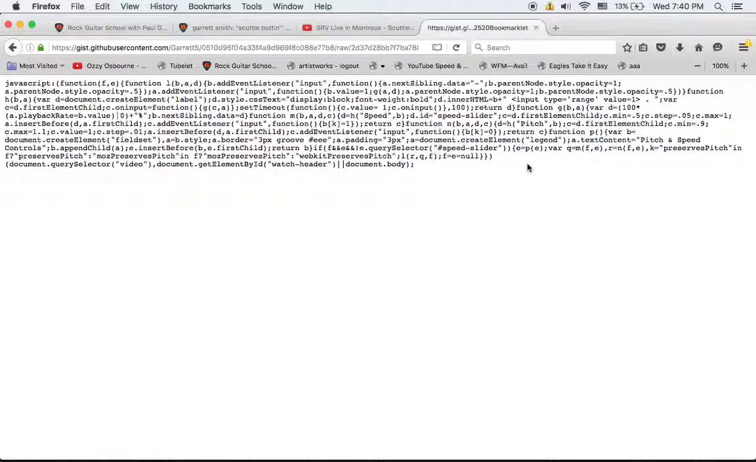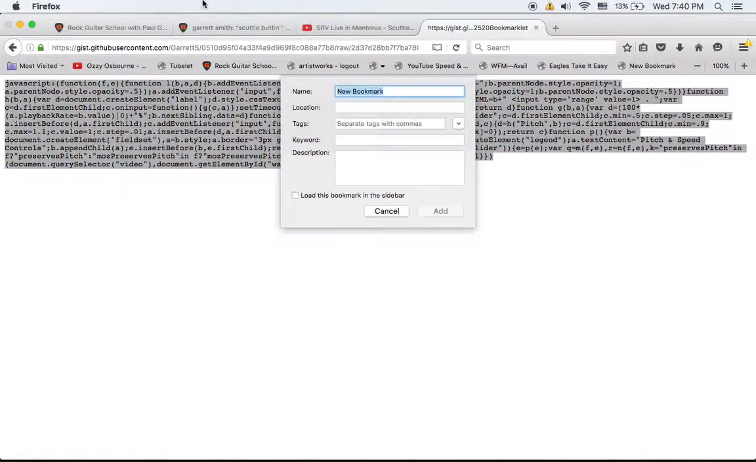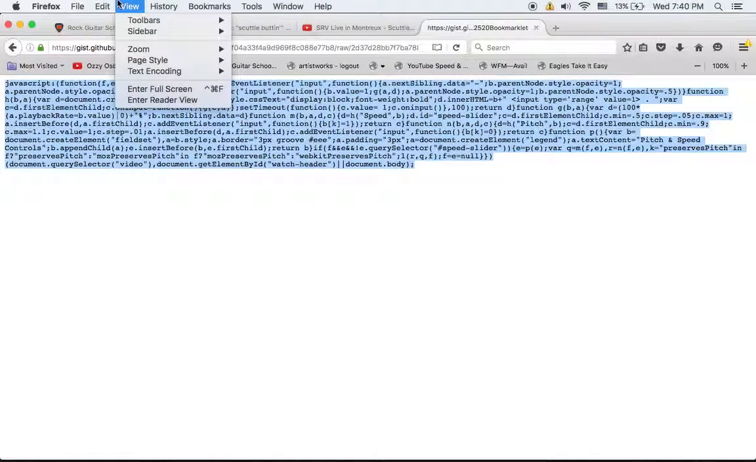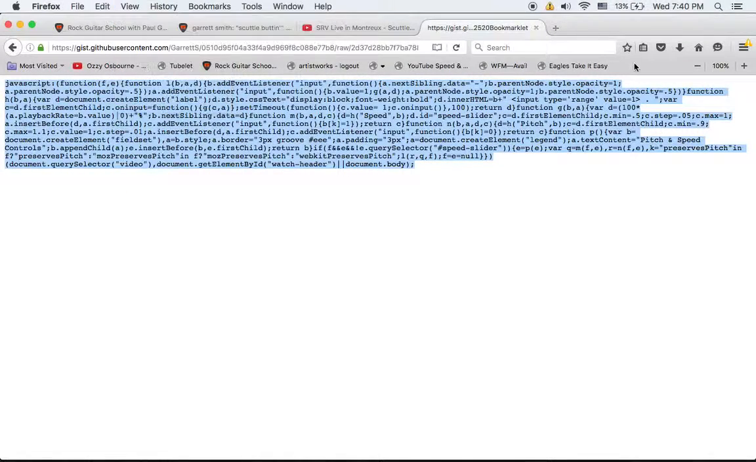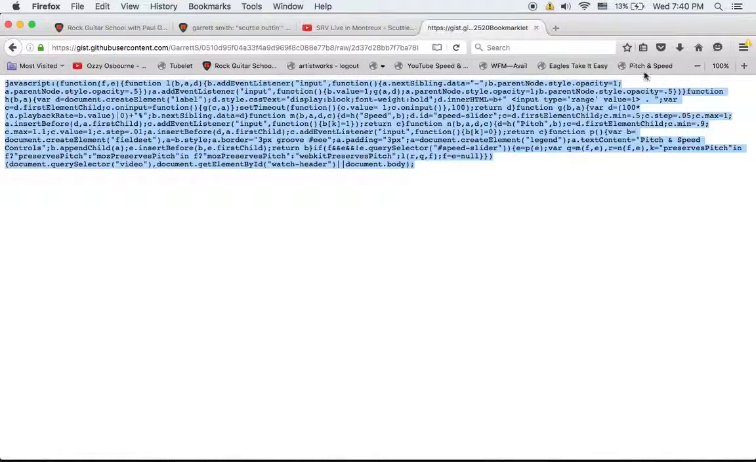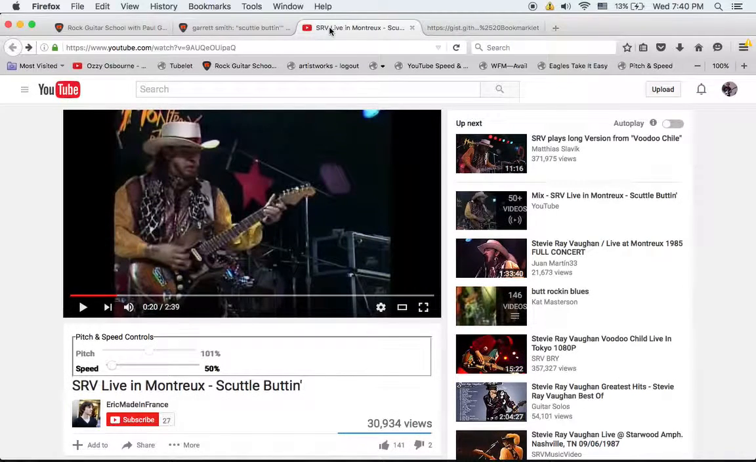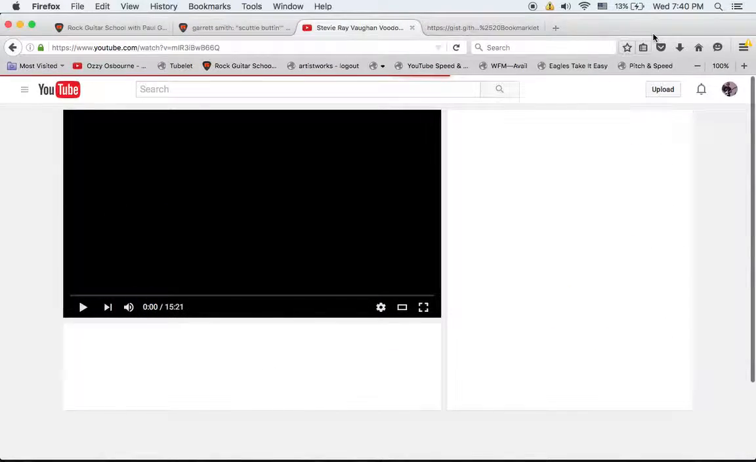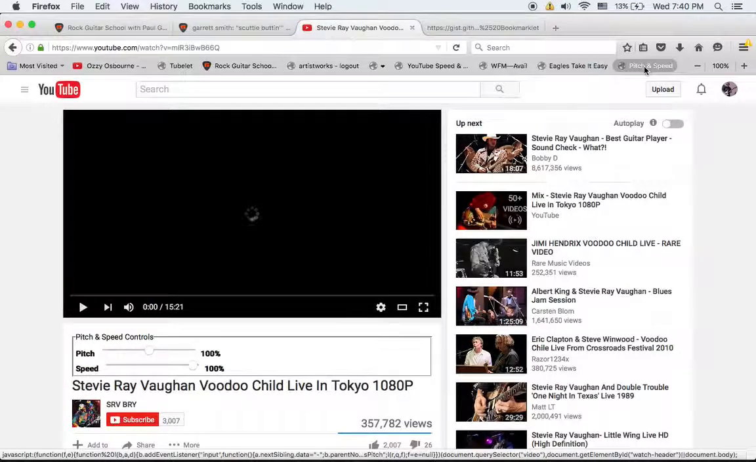Okay, so the next thing you need to do after you copy all of the code is, I'm going to delete this one right here, go new bookmark, and that's right within your bookmarks toolbar here, new bookmark, and just put something like pitch and speed, and then you paste that location right in there, and then there it is right there. So now I just created a second one, and I don't need two of them. So if I want to get this one, and then click on that, and then it pops in,